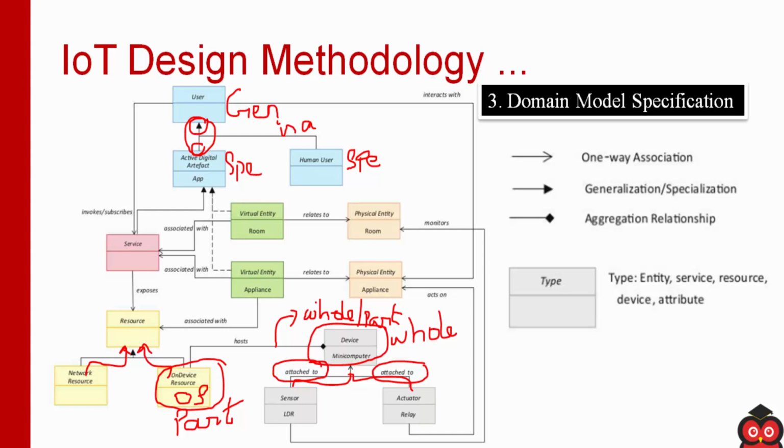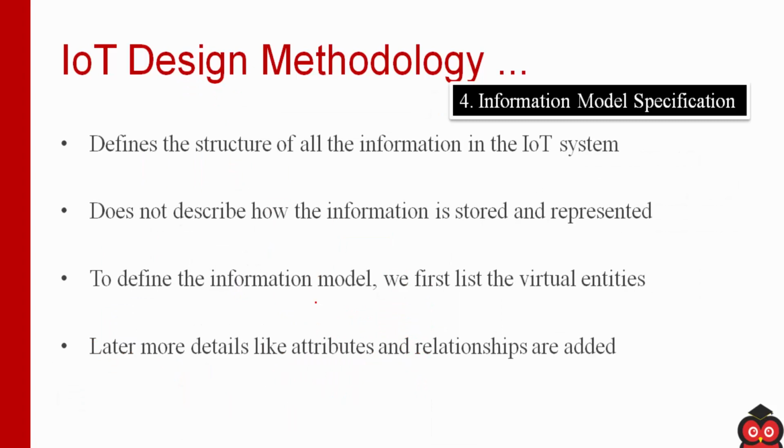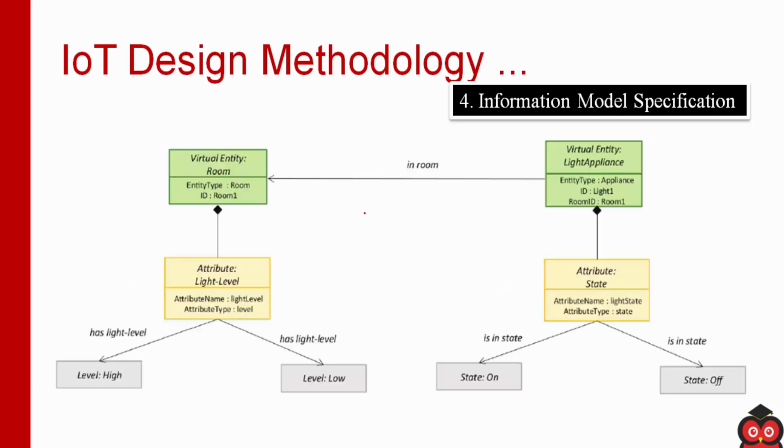So I think now all the information in the diagram is clear, right? So that is about domain model specification. And the last thing is information model specification. So first let me show you the information model specification. At the end of this, at the 10th step, we will try to write the code for